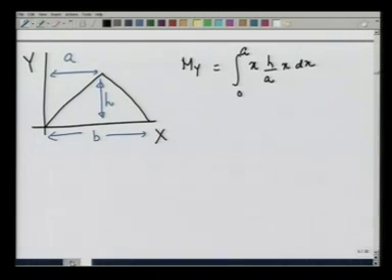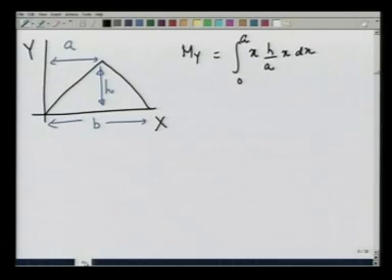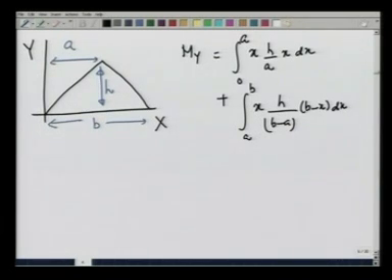Let me see, I indeed wrote h over a, yes, and plus a to b x h over b minus a, b minus x dx, and when you do this integration, it comes out to be h b divided by